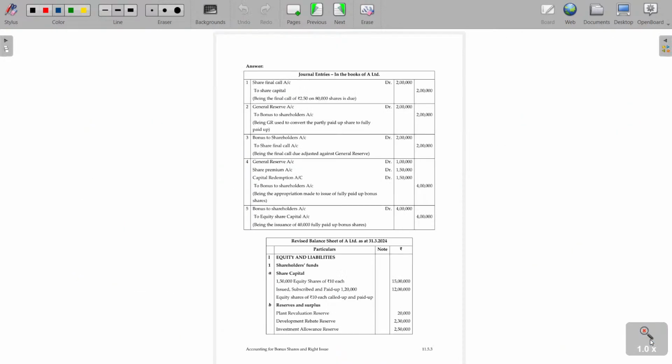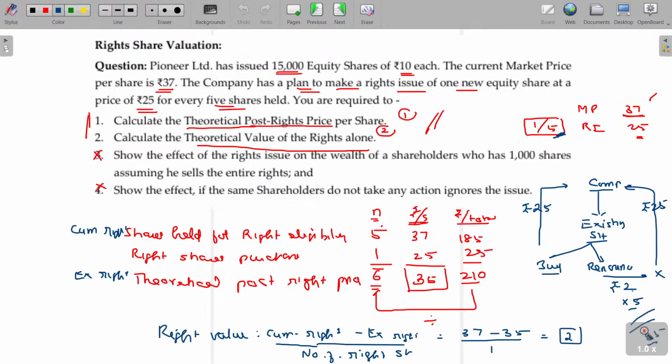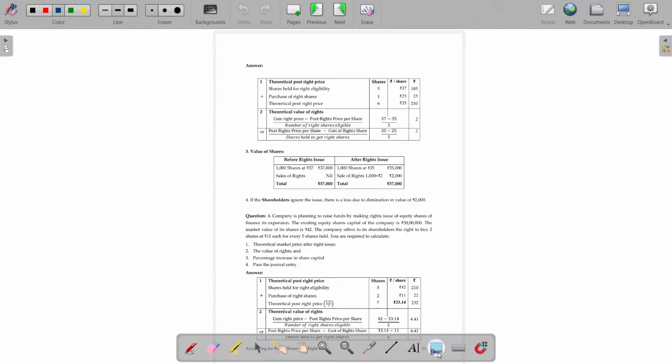So what are the calculations you have to do? One is the determination of the value of the right. Next is the execution of the right, meaning post-right and pre-right, ex-right and cum-right. And the third one is the journal entry. So we have calculated two aspects here: the ex-right price and the cum-right price, and the second one being